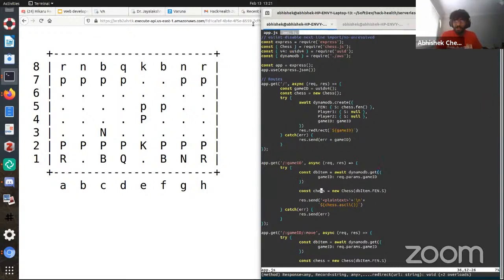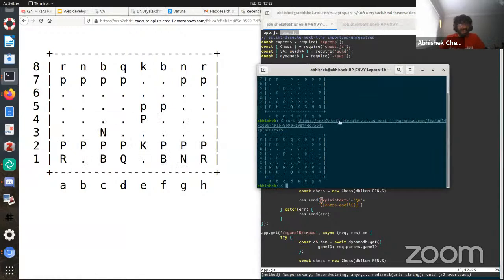Okay, so you start a new chessboard and you send the plain text ASCII board back. Now, this also has certain advantages and disadvantages. At this point, some of you might be wondering, why go about doing it this way? Why would you not just send the FEN of the board, or just send the moves and handle the chessboard in the client, the way a modern chess server like Lichess or chess.com would do it? And the answer to that is that this is simpler to implement. And it also has this neat little quirk, which is that